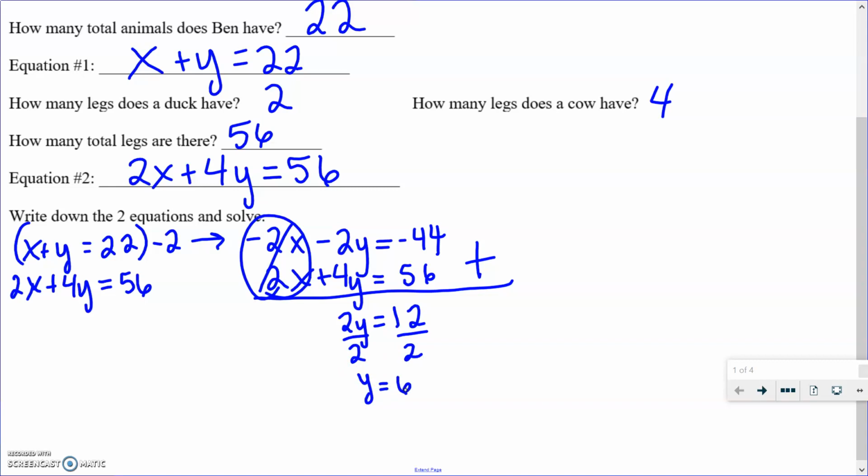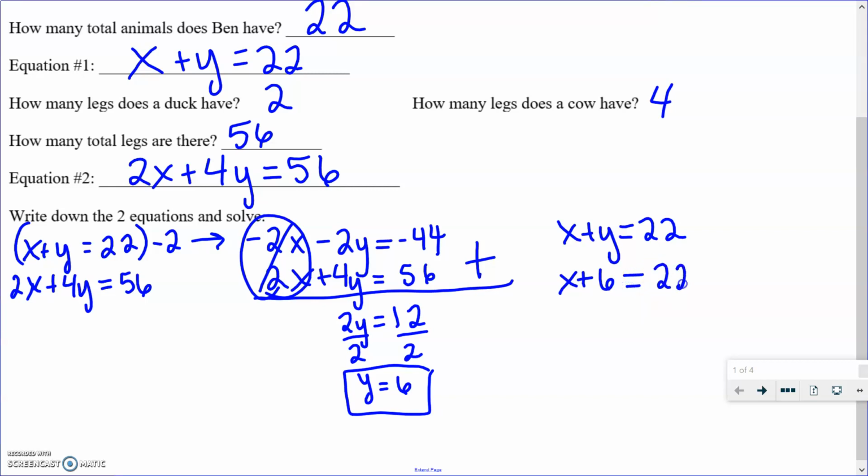But then we also need to know how many ducks there are. So we're going to plug this y equals 6, or the number of cows, back into one of the equations. And I'm going to pick the one that I think is easier here. X plus y equals 22. And I'm going to plug in 6 for y. Oops, not 6y. The y goes away. So then we subtract 6 from both sides and get that x is equal to 16. So what this tells us is there is 6 cows